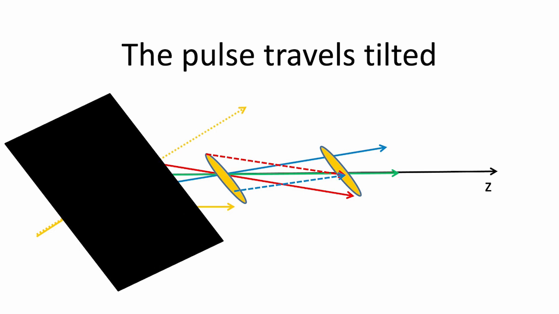So you build this pulse with red coming from farther away than the blue. That means the blue is traveling faster than the red. So because we have angular dispersion, we have a blue traveling faster than the red. That is high frequency traveling faster than low frequency. And that's regardless of the sign of the dispersion. Let's go to the next slide and see how this appears in the equations.